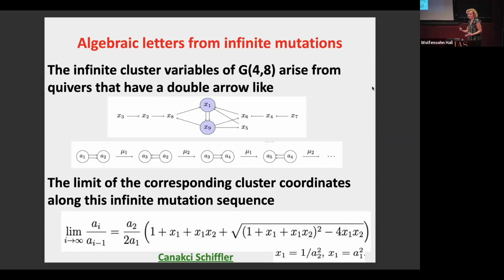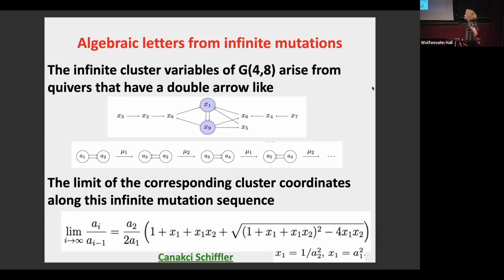So that's kind of the thing that some of us have been playing. But of course, to mathematicians, this is well known. So for example, for the GR48, the initial quiver looks like that. And there's now a double arrow. And those quivers with double arrows, the simplest one being drawn here, if you start mutating, then you produce